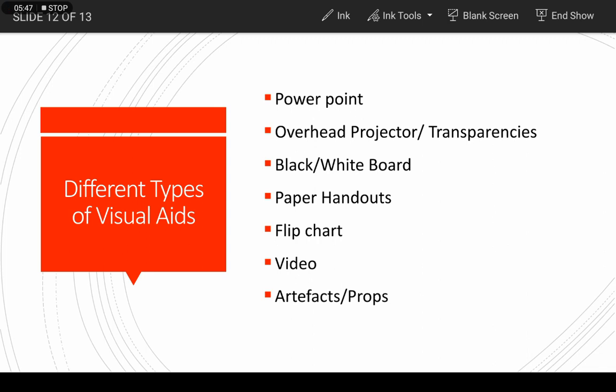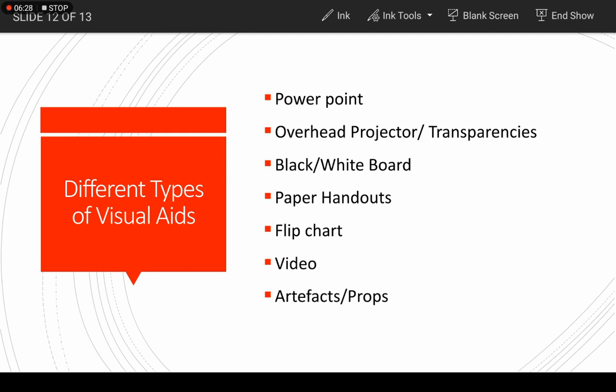Lastly, artifacts and props. Sometimes it's very useful to use artifacts or props when making a presentation. If you bring an artifact with you, make sure that the object can be seen and be prepared to pass it round a small group or move to different areas of a large room to help your audience view it in detail. Remember that this will take time and that when an audience is immersed in looking at an object, they will find it hard to listen to your talk. Conceal large props until you need them. They might distract your audience attention.